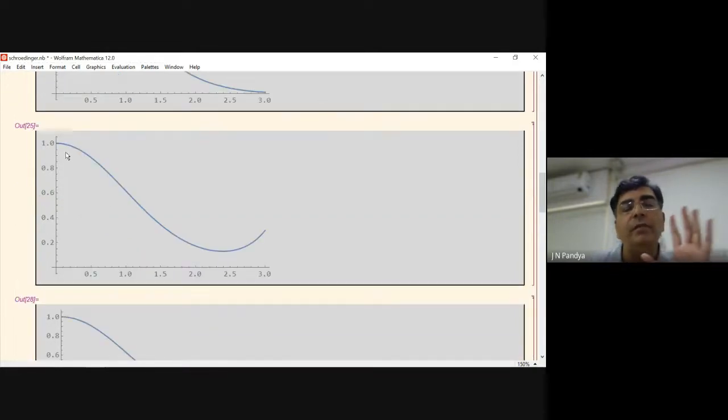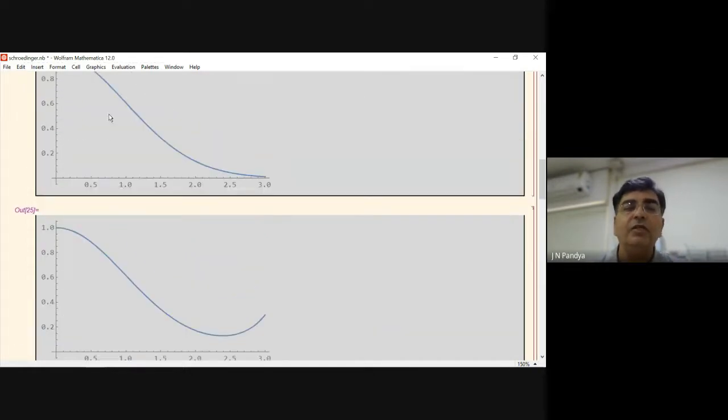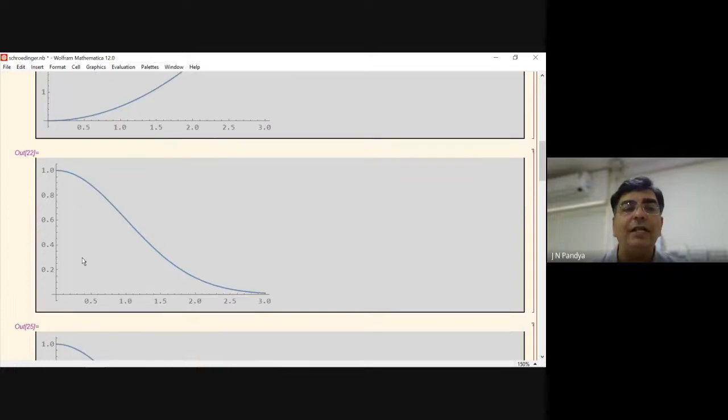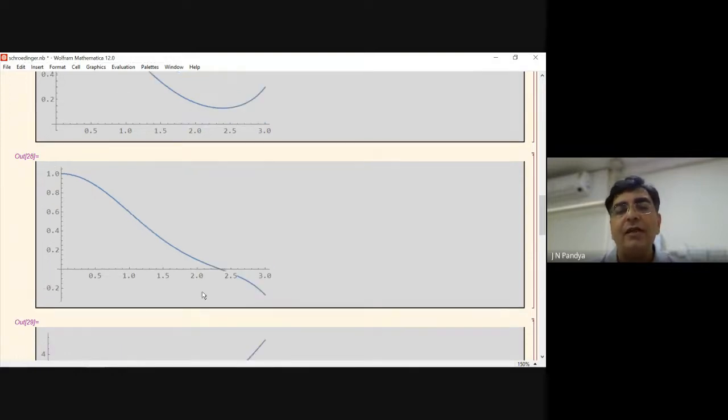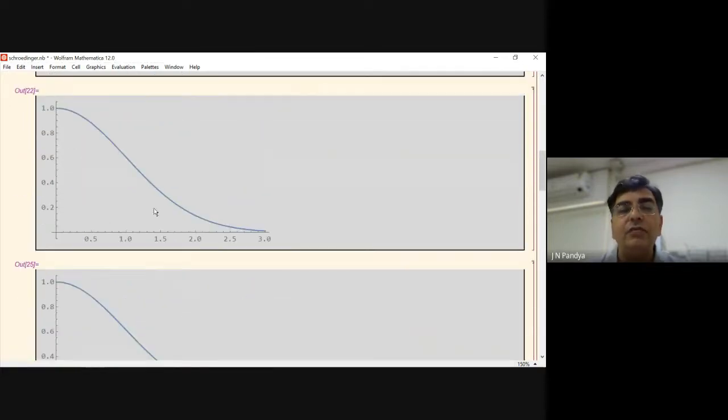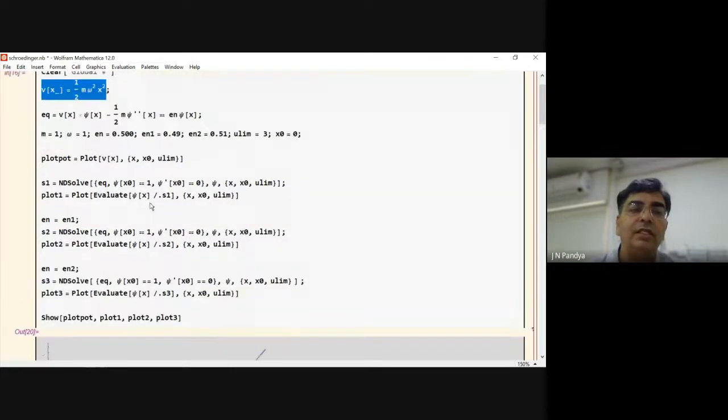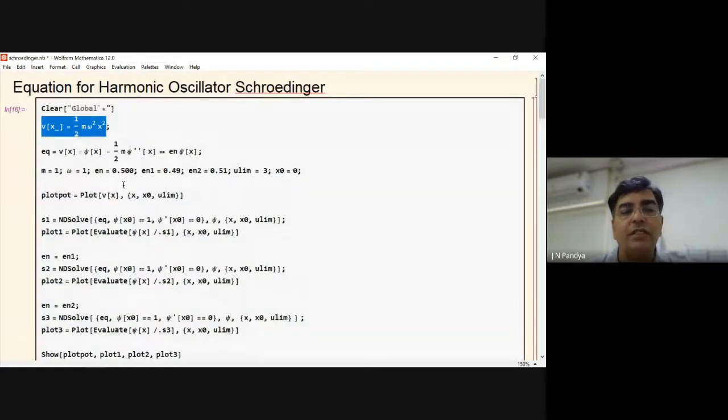Remember the basic requirement of a wave function to be a valid wave function: this is the only wave function which has that property. In this wave function, you are getting a kind of divergence happening here, but in the positive direction. Here, divergence is happening in the negative direction. But in principle, what you want is this first one. That means only for a particular value of energy, which is an allowed energy state of the system, you will have a solution which is a valid psi. So this is the first thing that you should be able to understand.